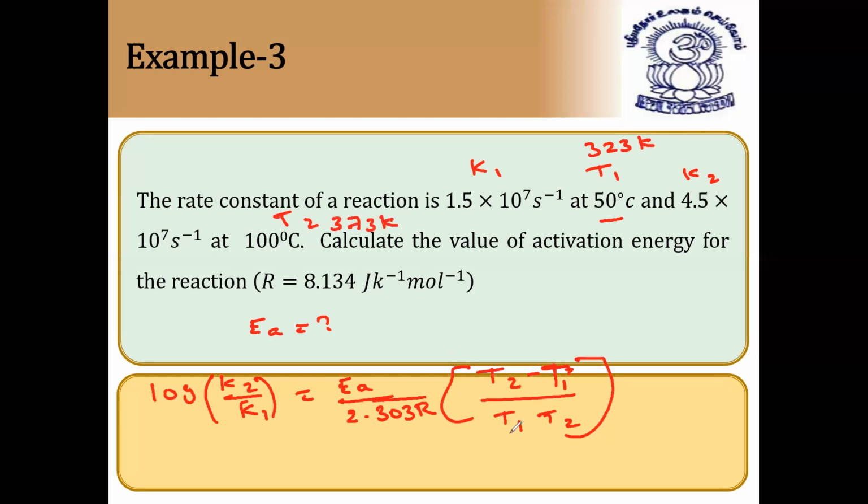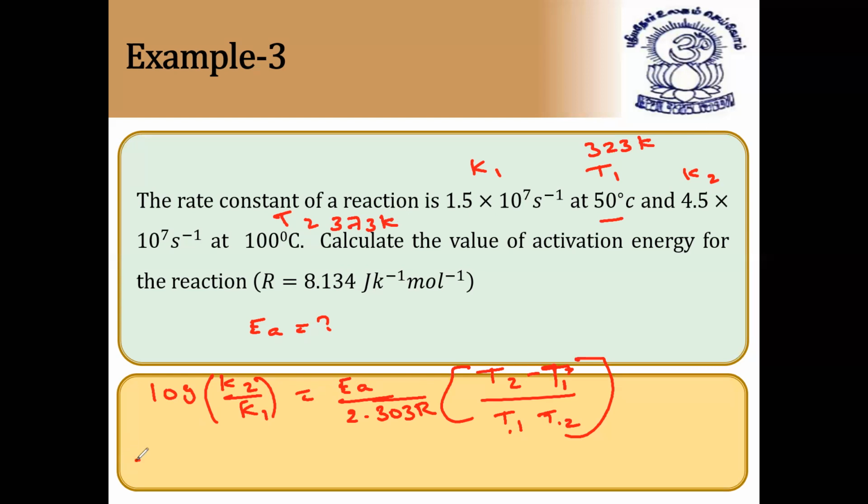Because always we have to use capital T only. Capital T is important. So T2 minus T1, by substituting this formula, K2 by K1. So use this formula and find out the energy of activation. It's a lengthy problem. Take R value is equal to this much. And if you do all this, you'll get the answer in joules. You can convert them into kilojoules. I hope it is clear.